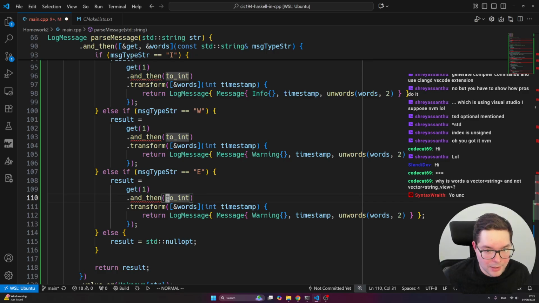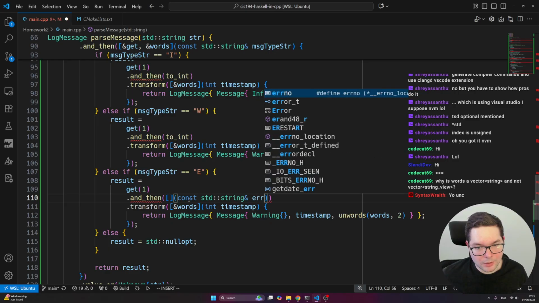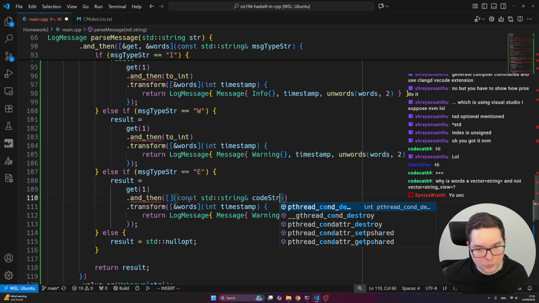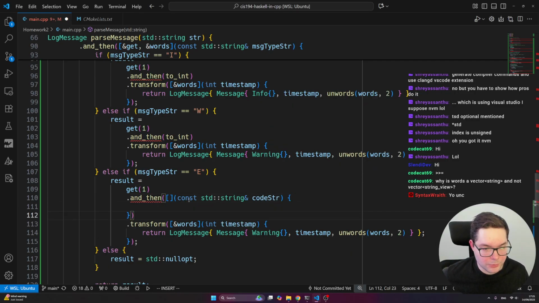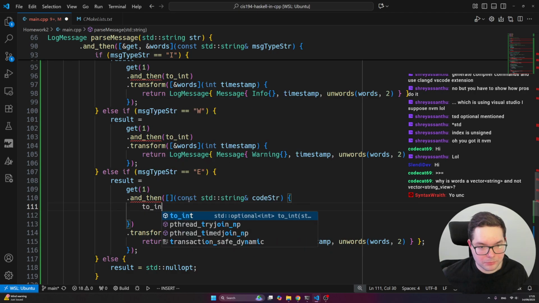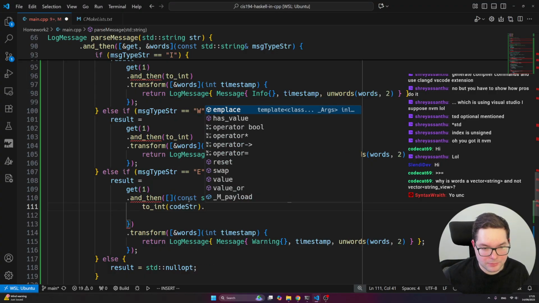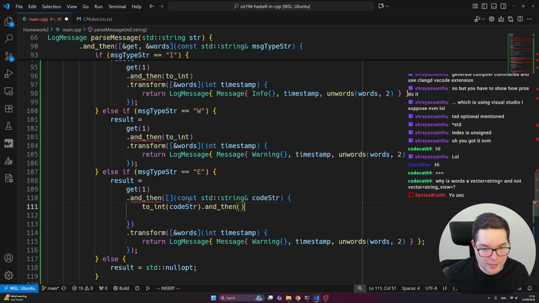So this will become more elaborate. Here we get this lambda, we get const string code string. We will do this, and here we actually do int from code string, and if this to int actually succeeded, then we need to do and then again,